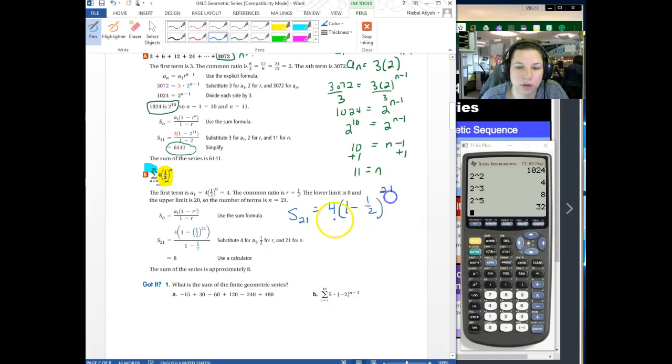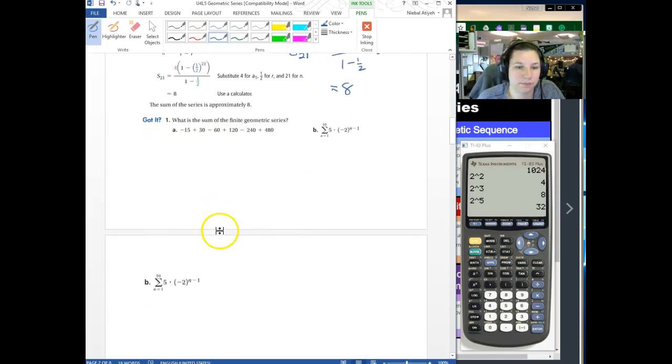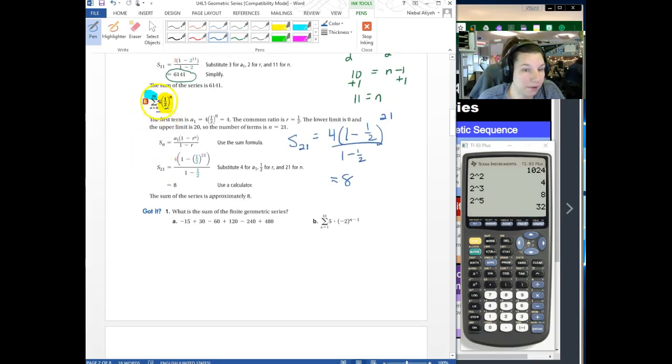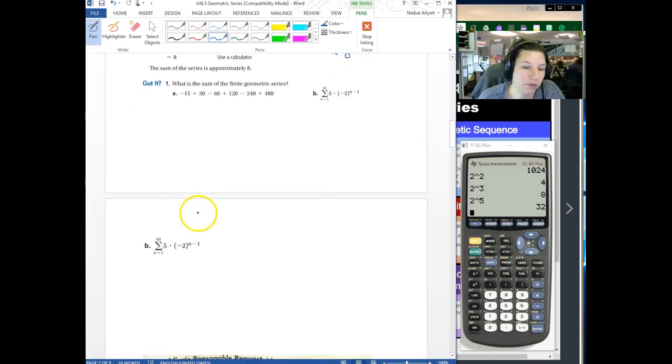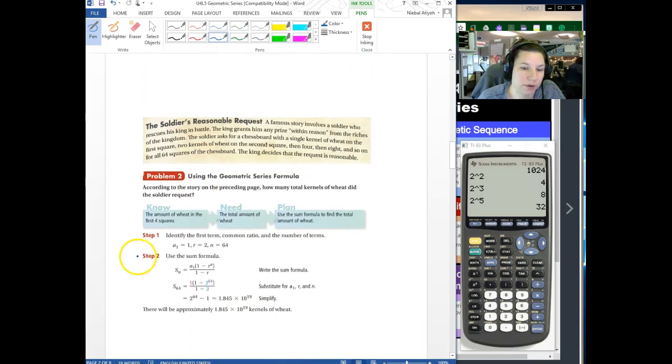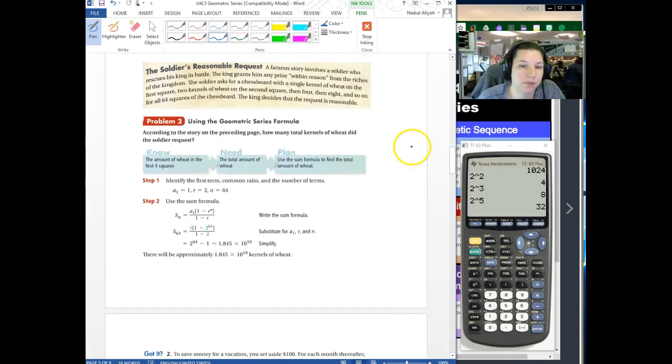And our n is 21. And then 1 minus 1/2. You get a sum of 8 for that one. You also, again, though, can use the calculator to calculate your summations for you. Just a reminder on that. All right, so using the geometric series formula,